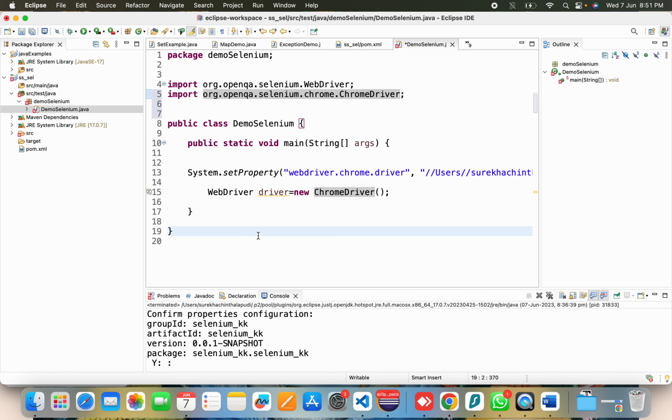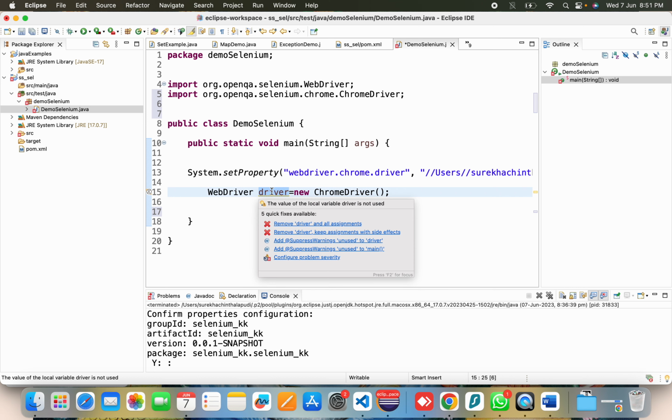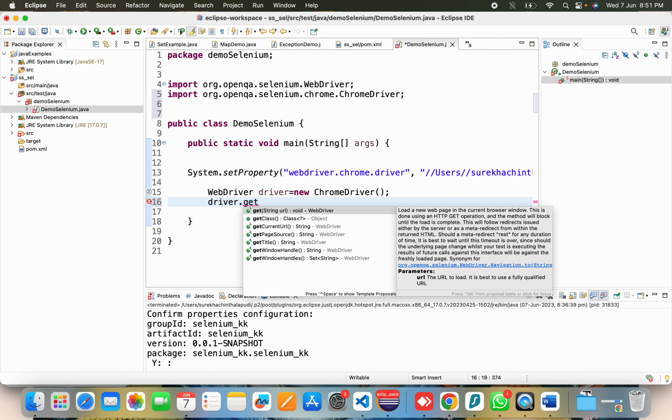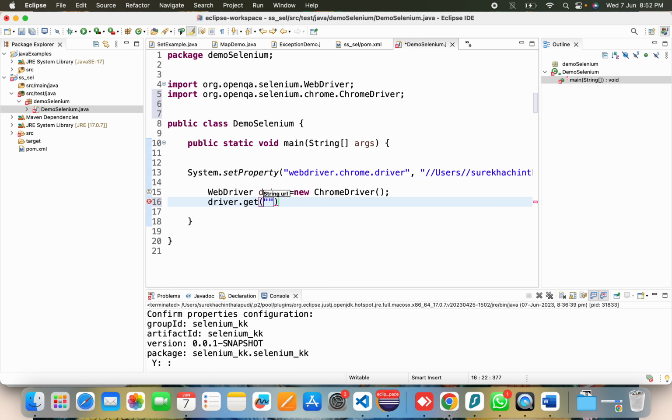Okay. Now I have to use the method driver. I have to take the help of this driver variable. So now whatever we write is with the help of this driver only. Okay. So if I give driver dot get, so get is the method which will help you to hit the website, hit the URL. For suppose if I am giving amazon.in, and if I am trying to run this code,